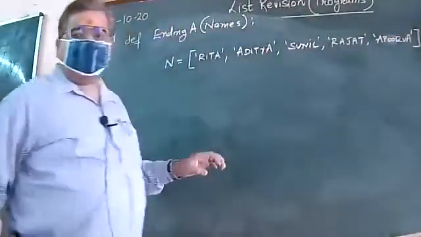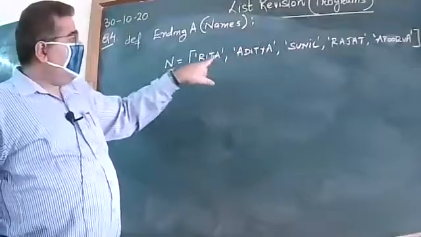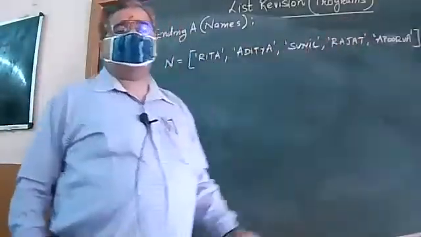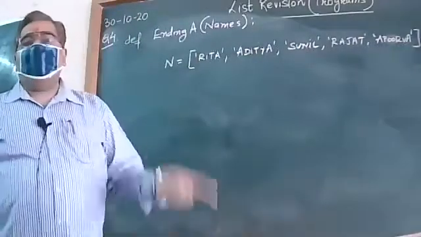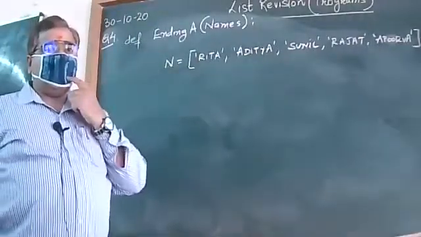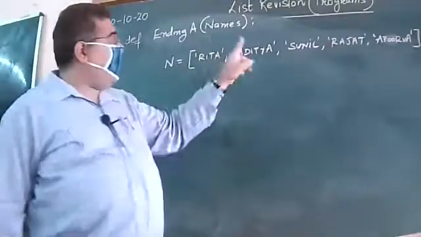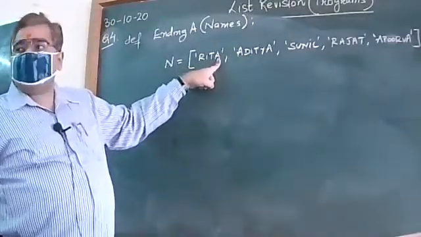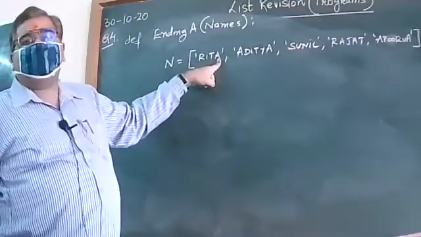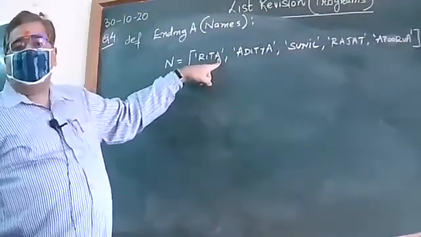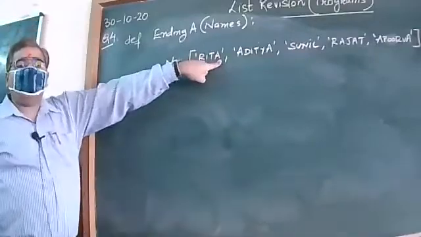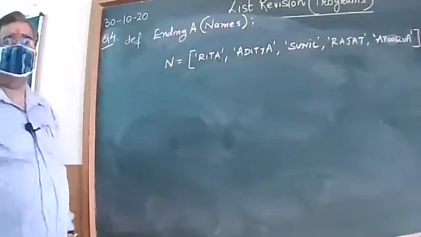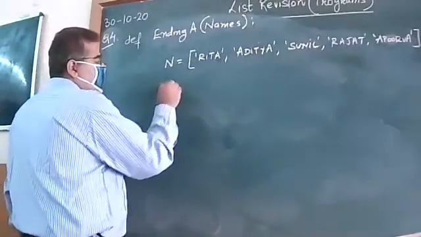This is a string: Rita, Aditya, Sunil, Rajat, Apurva. All the strings which are ending with A, all the strings whose last character is A, or I can easily say which are ending with A, they should get print. That means your answer should be